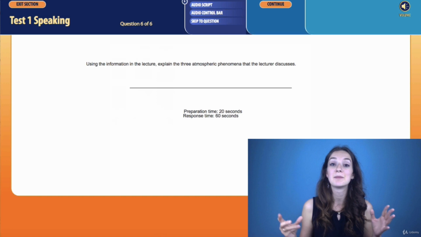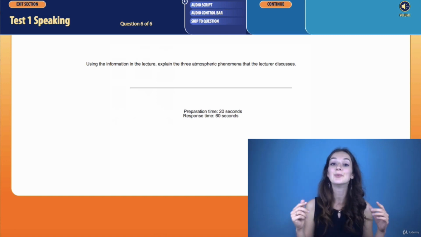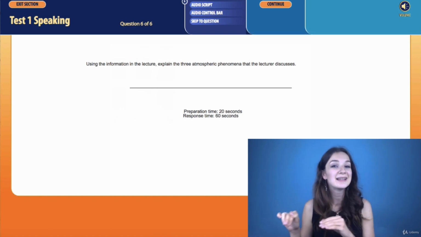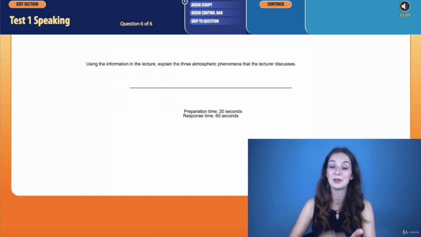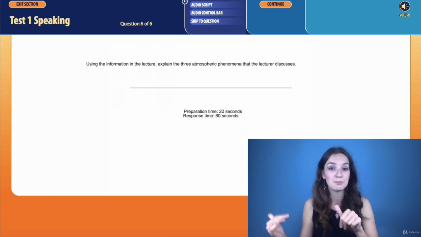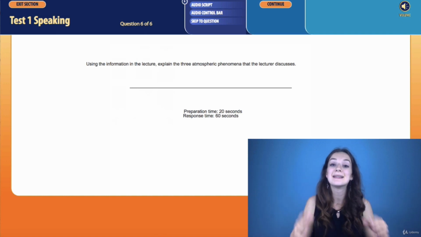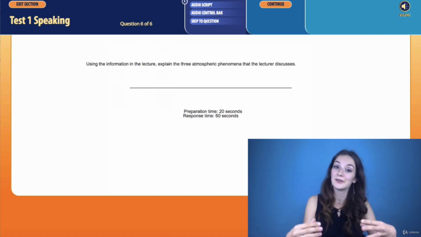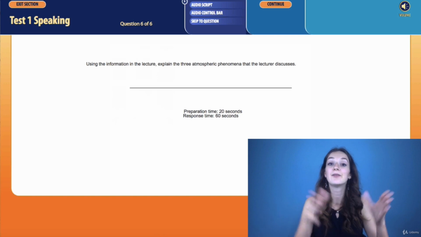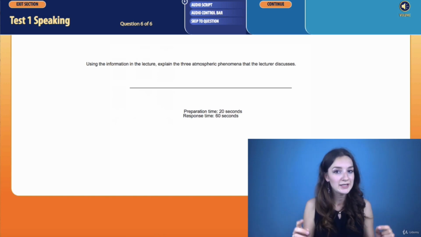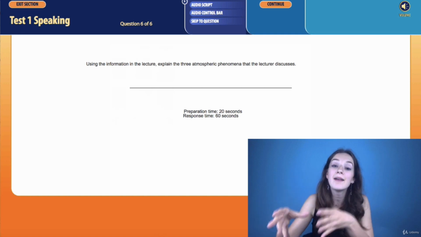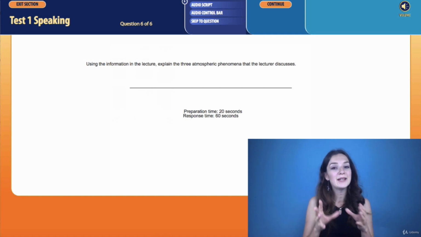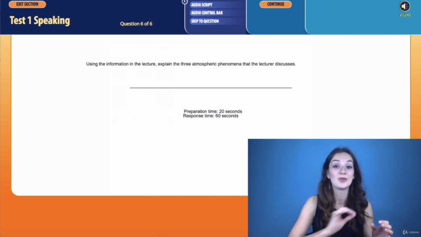For example, sometimes the professor will make a pause. And we know that the professor, secretly the speaker who is imagining that he is a professor, is reading a script. So when the professor or the speaker is making a pause, it means that there is going to be a new paragraph. And the paragraph is always starting with the topic idea. So pay attention to the pauses because they suggest that now there's going to be some other key information. So pay attention to the key information and write it down.